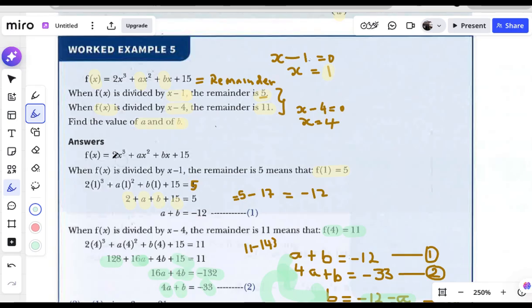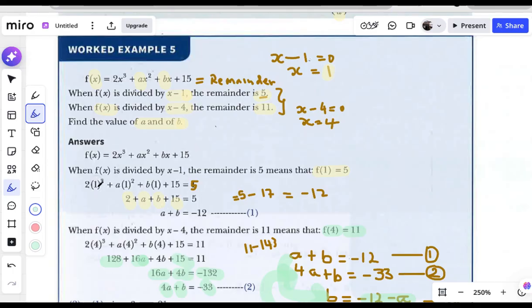You say 2x cubed plus ax squared plus bx plus 15, right? So when f of x is divided by x minus 1, the remainder is 5. That means f of 1 is equal to 5. Which means f of 1 means put 1 in place of x, anywhere you see x in this